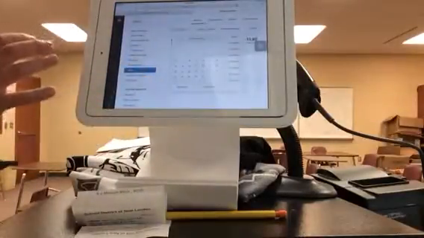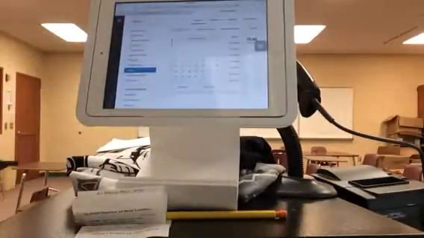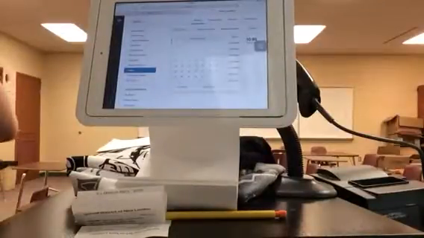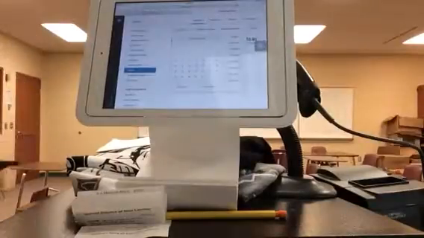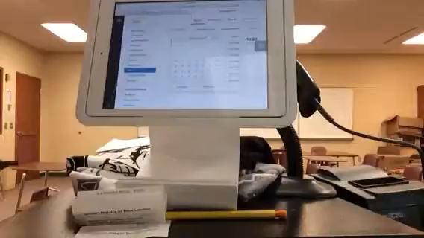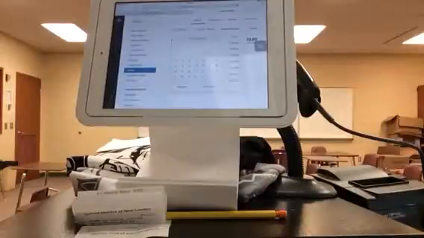You can put in the inventory. You can also put in the inventory online on the computer. You just go to squareregister.com and type in the password and the email, and then you'll get to the exact same items. And then you can also look at the receipts and everything on this webpage. So you can mess around with that a little bit, but that's just how you do the